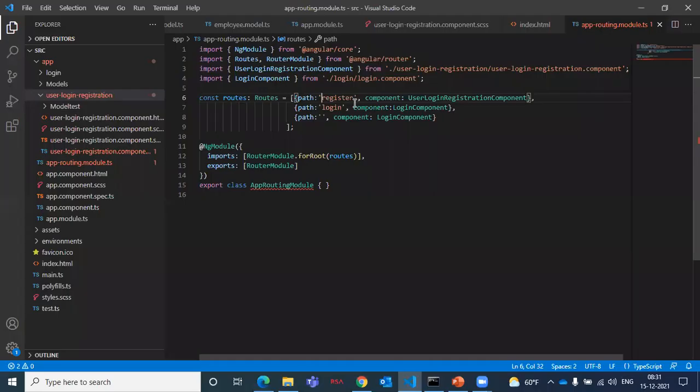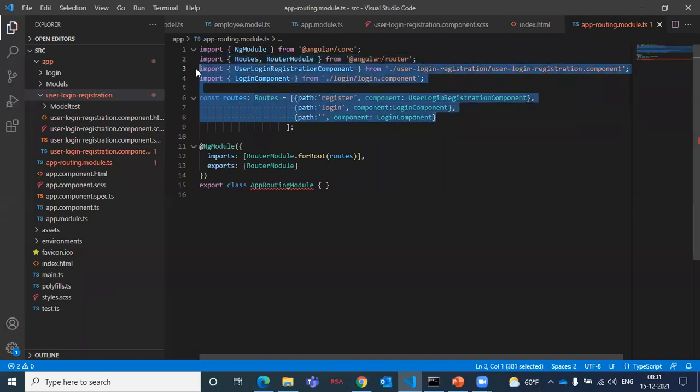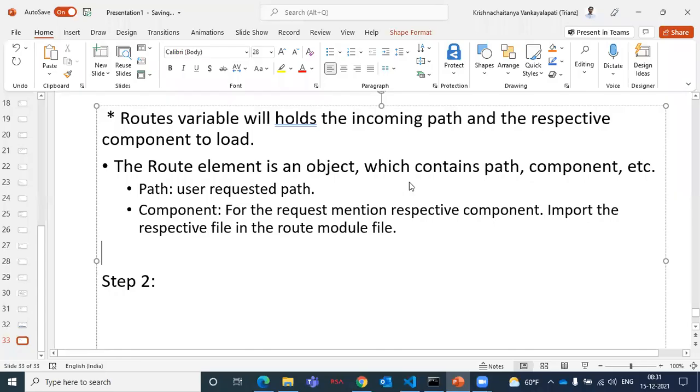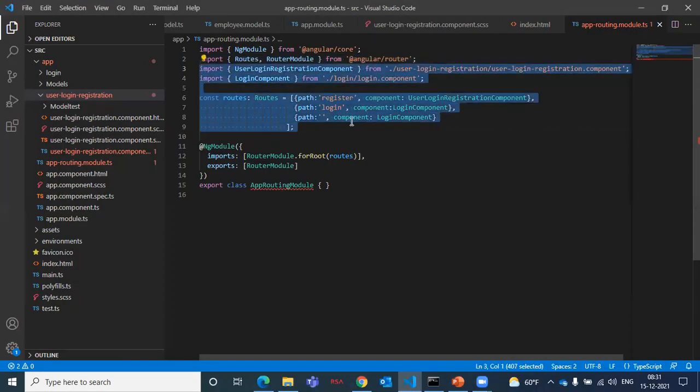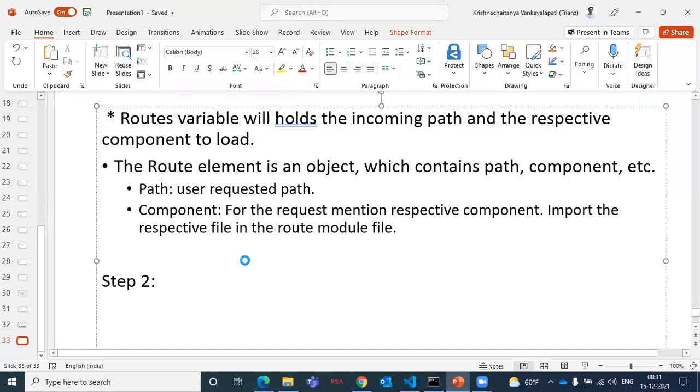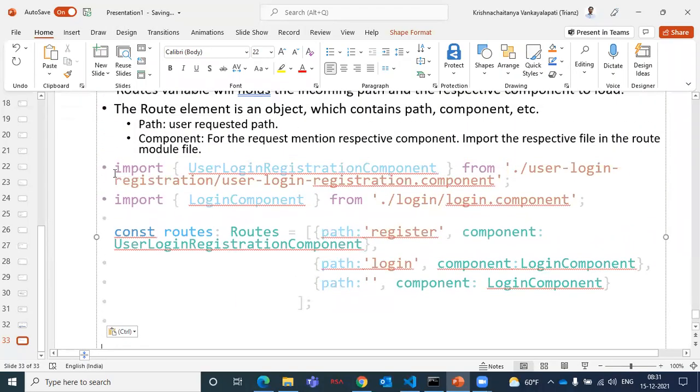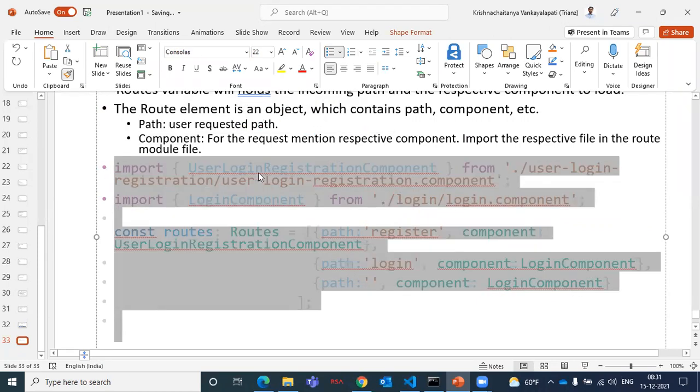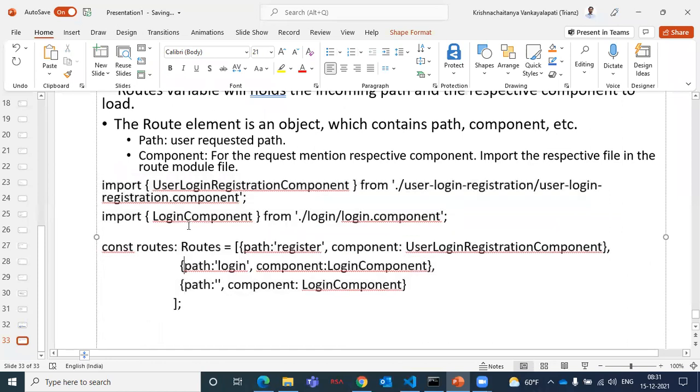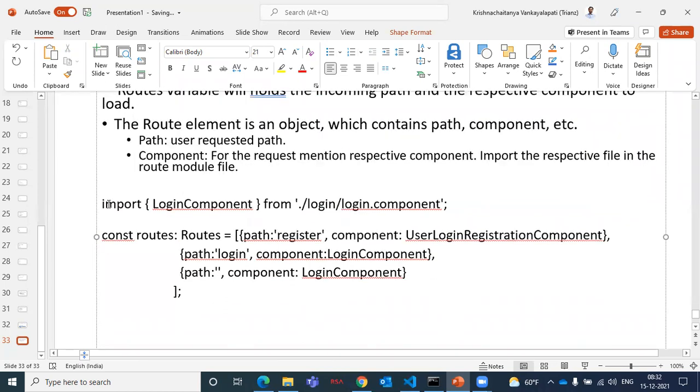We'll take an example. You can write a single one, no need to write everything. So import first, this will be enough, import the login component. Next, constant routes. In the routes, simply give a reference of login.